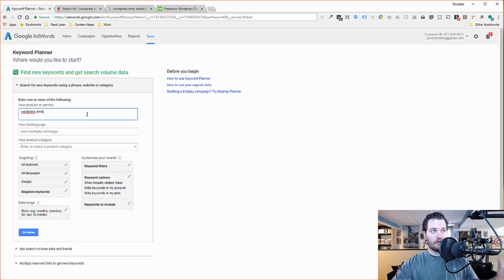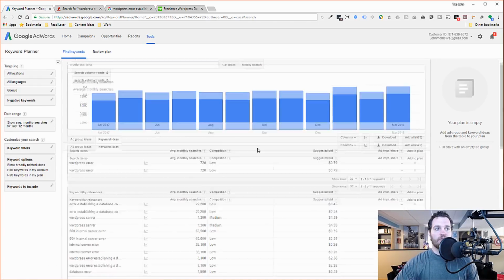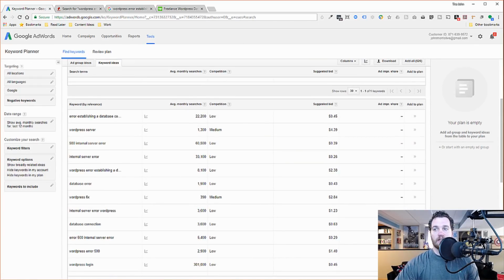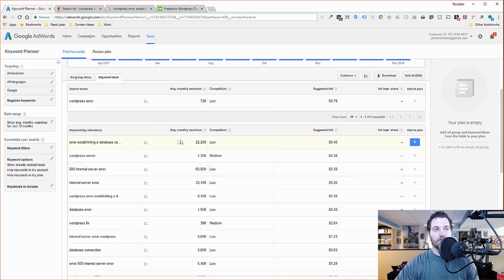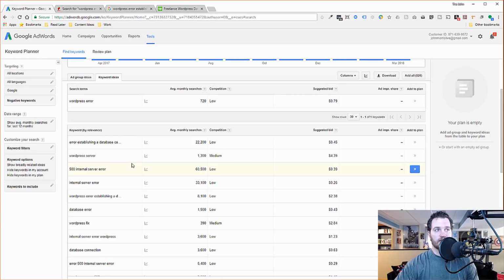So error is the modifier. WordPress is sort of the main keyword. We add error to that. We type in WordPress error. And when you do that, what you should see is a list of different problems or errors that people are experiencing with WordPress. And so, for example, the very first one that you'll see if you do this search is